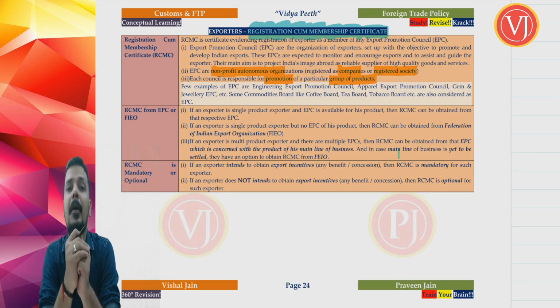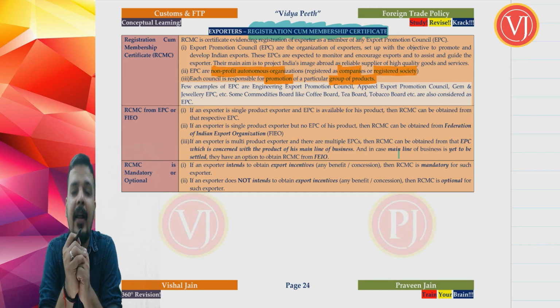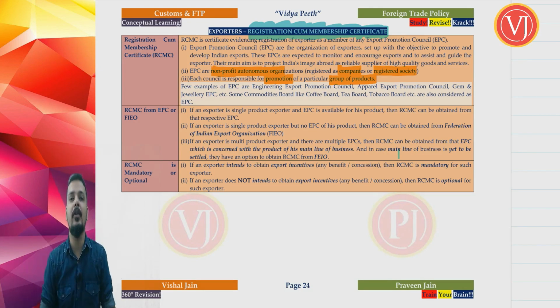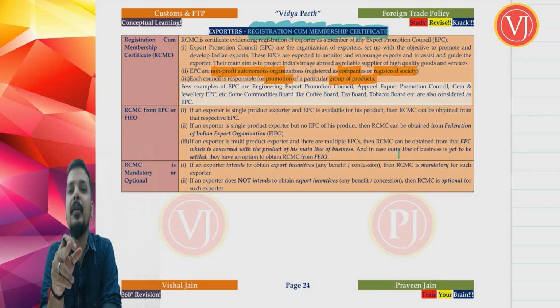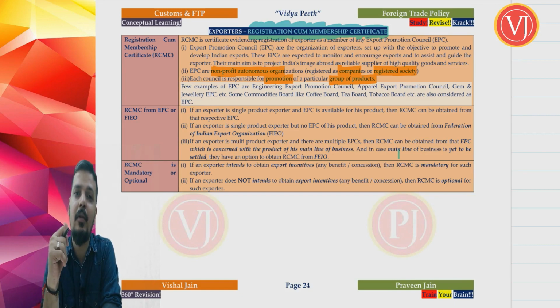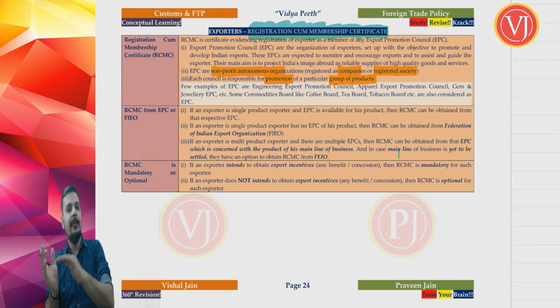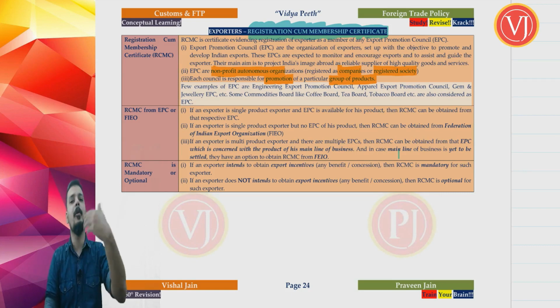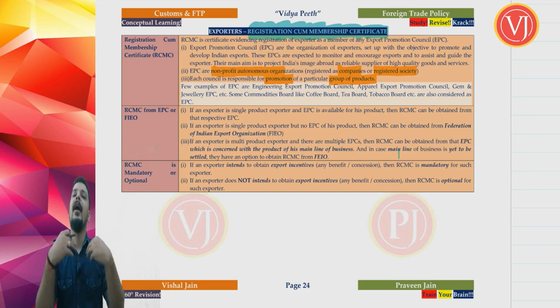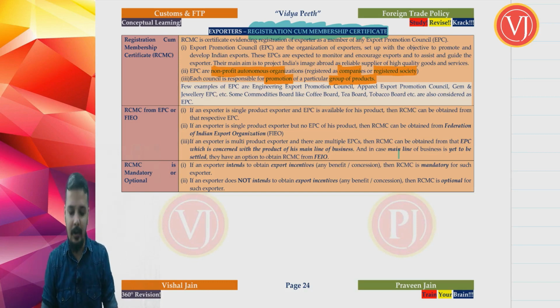Board of Trade. Friends, if you remember, we have discussed initially there's something called the Board of Trade, and I said this Board of Trade is very similar to your GST Council, right? And if you remember, the ex officio members of this Board of Trade, the chairmen of these reputed export promotion councils, will also be representing in the Board of Trade. So exporters will talk to these export promotion councils if they are facing some difficulties, and these export promotion councils will be talking to the Board of Trade, and the Board of Trade will then be advising the government with respect to trade difficulties and the policies that have to be brought, right?